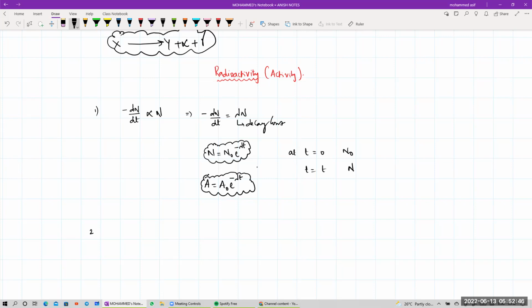And the next important formula in this one is for disintegration. For example, if I'm talking about half-life of a time period, it is represented by t half, or we represent it by capital T. The time taken to become exactly half is called the half-life. Like say, at t equals 0, I have N naught.